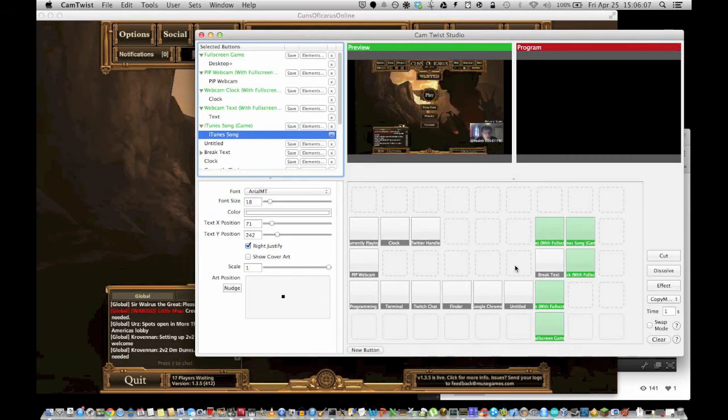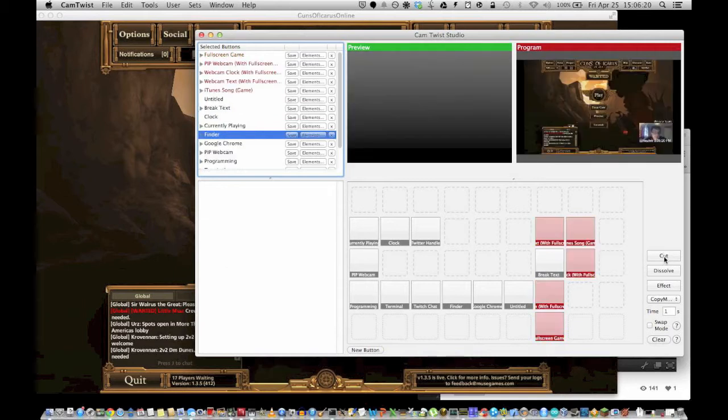You can play with these buttons and make a variety of different displays to do what you want. Once you have all of these buttons set up, make sure they're clicked in green so they show up in the preview window. Then come over here and hit Cut. This begins piping your video feed from CamTwist out to another program that will use it, the broadcasting software that we will be using for the stream, FlashMediaLiveEncoder. So once this is dealt with, you can exit this window